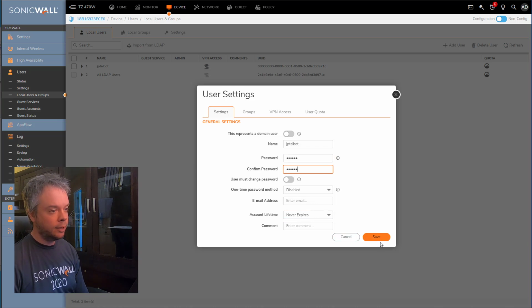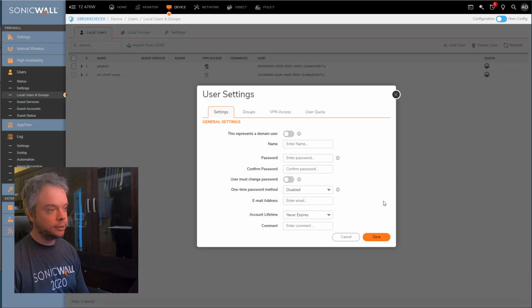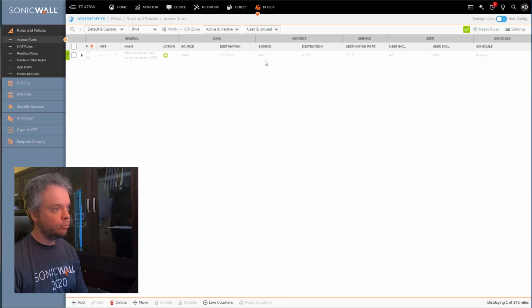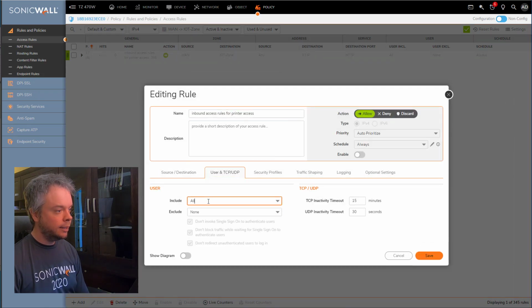So I do have a local user on my firewall. If you want to create one, it's pretty easy. You just click on add user at the top here and you enter the name of the user, you give it a password, and that's pretty much it. You can put them in groups if you want, and then you can create access rules based on groups as well. But here I'll just do a user. Go into my policy, edit my policy, include, I'll pick my user,